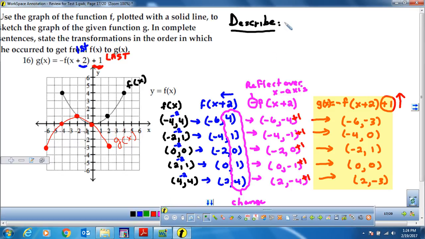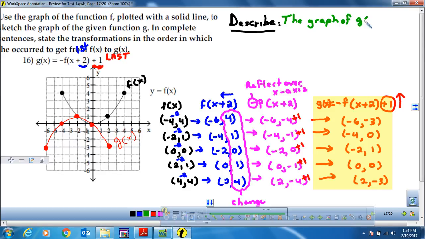As usual, we're going to start by saying that the graph of g of x is the graph of f of x, but the first transformation was that it was shifted to the left, right? So we're going to say shifted 2 units to the left, or to the left 2 units,